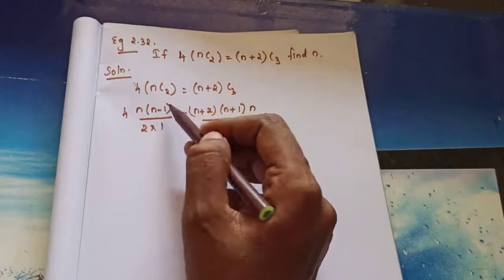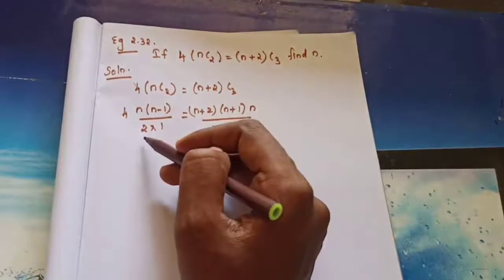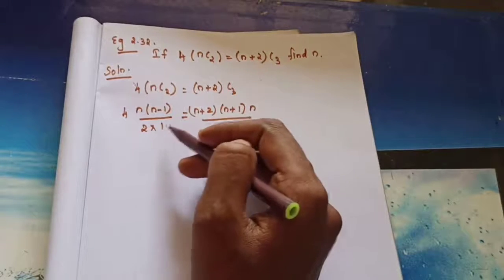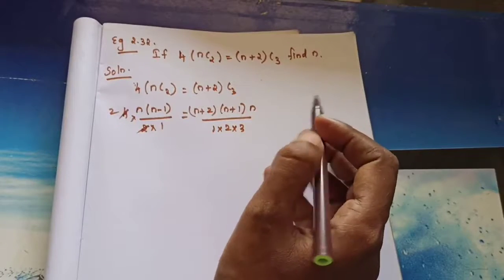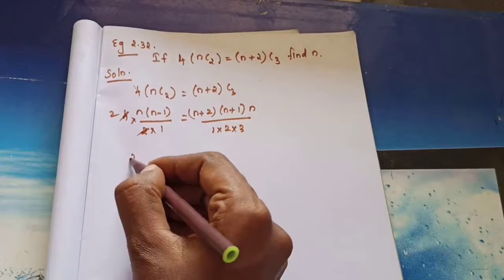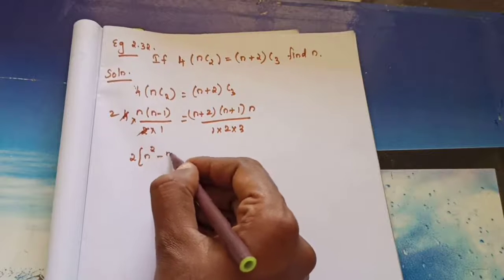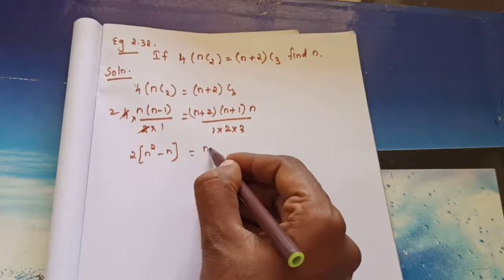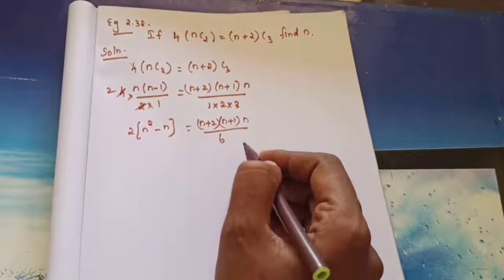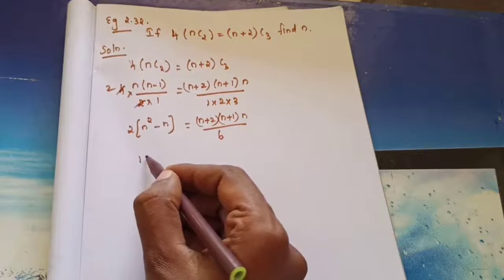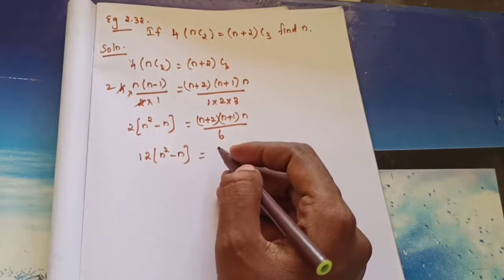Have you got it? So nC2 means n is the starting number, and for 3 you need to write one more number before. In the denominator it will start from the first natural numbers. So this and 2 will get cancelled. You can multiply inside: n into n means n square minus n, that is equal to n plus 2 into n plus 1 into n divided by 6. Now bring this here, so 6 into 2 means 12 into n square minus n, that is equal to